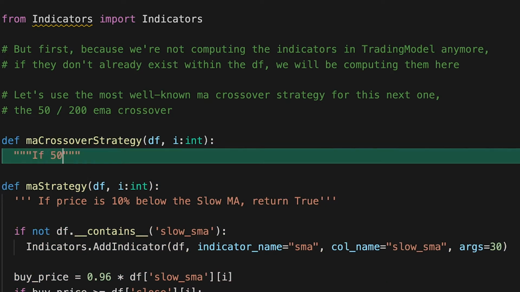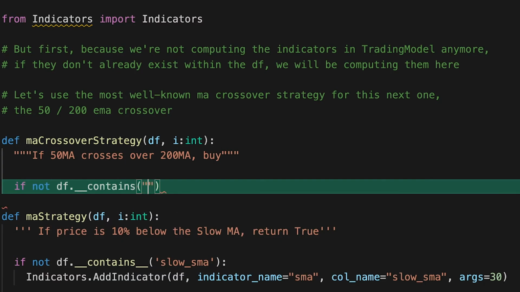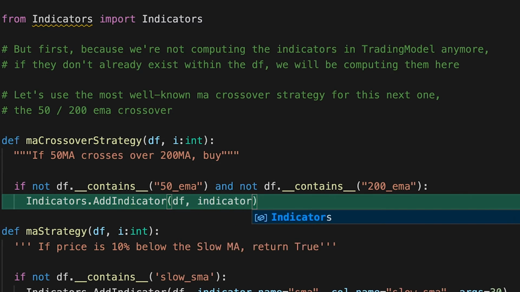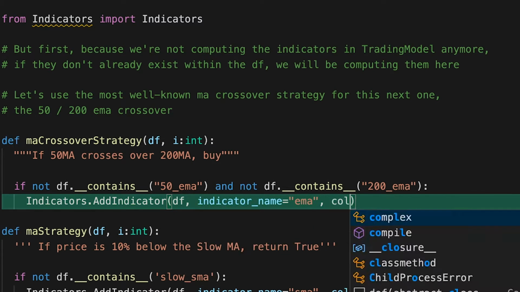So when the 50 EMA crosses over the 200, that would be a good time to buy, and when it crosses below, that's a signal to sell. Of course, being a very simple and widely used strategy, it's not going to be very profitable,